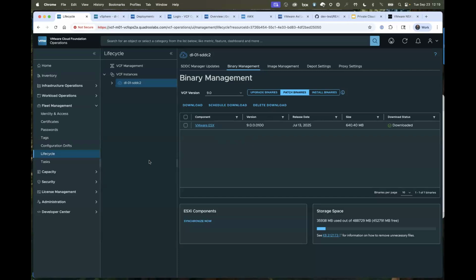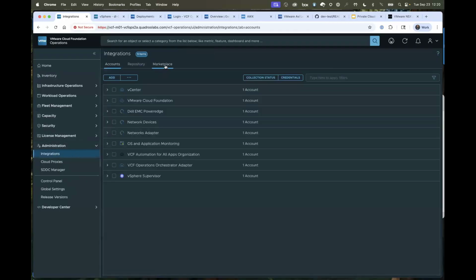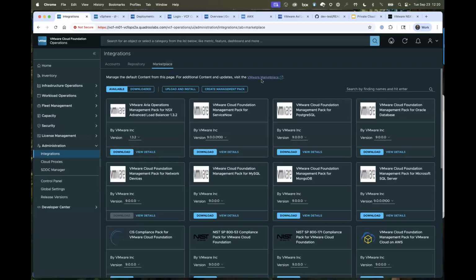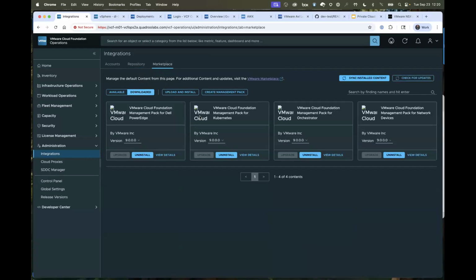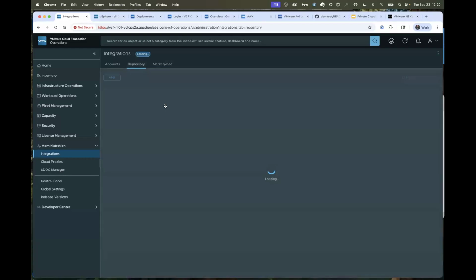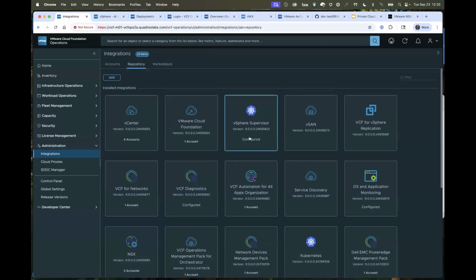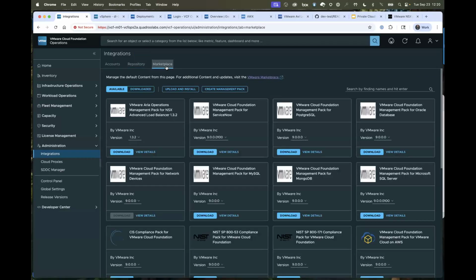Oh, that's a good question. So management packs. So we're talking about coming down here to the integration portion of the product and looking at the marketplace. And no longer do I have to click around, search for where those management packs might be located. I can see them directly now here in Ops. I can download them and stage them. I can take a look at which ones I've downloaded, which ones are available in the repo, and which ones are configured here directly in the product. So hopefully that simplifies the management of the management packs, Christopher.